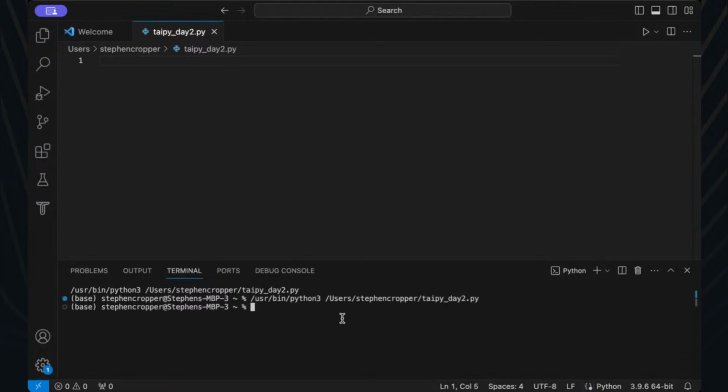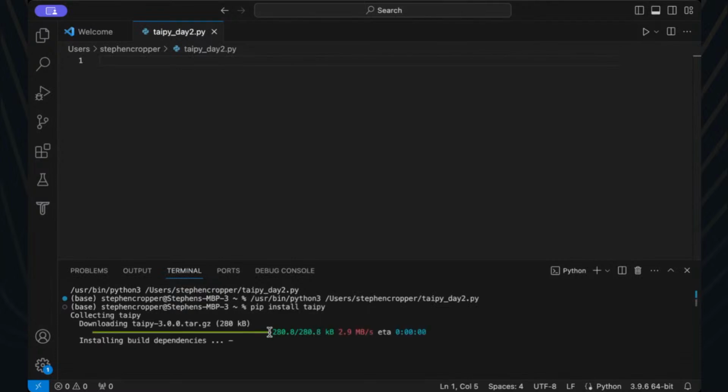And here's our terminal. For this case, we want to make sure that everything is installed correctly, and the best way to install Taipy is by typing pip install Taipy. Sorry, I need to go into the correct virtual environment. Actually, maybe it would be good to show you how to install Taipy, so I'll just install it on my base environment.